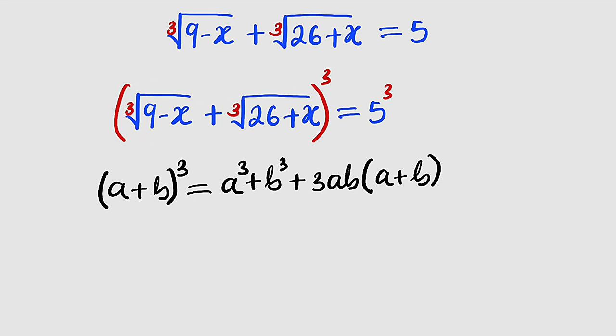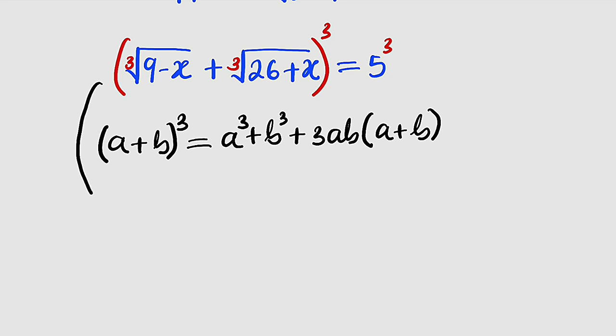All right, let us substitute. So the whole of this will be what? This to the power of 3 will eliminate the cube root, leaving 9 minus x. So we have 9 minus x, plus the second term, if you raise it to the power of 3, you have only the radicand 26 plus x. We are done with a cube plus b cube. Then plus 3